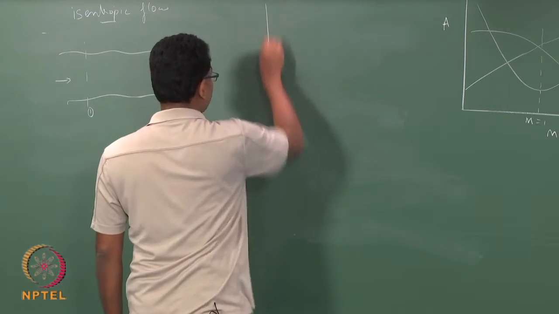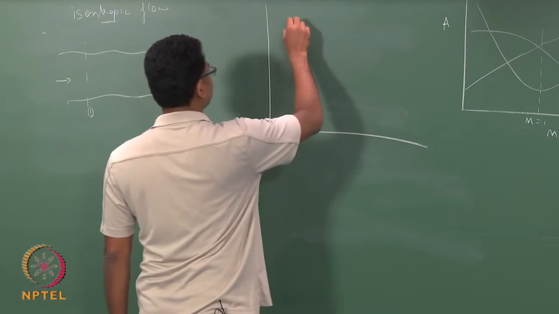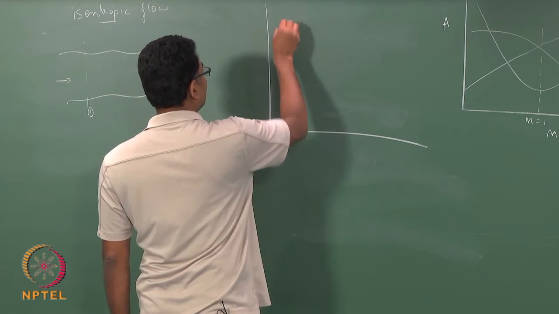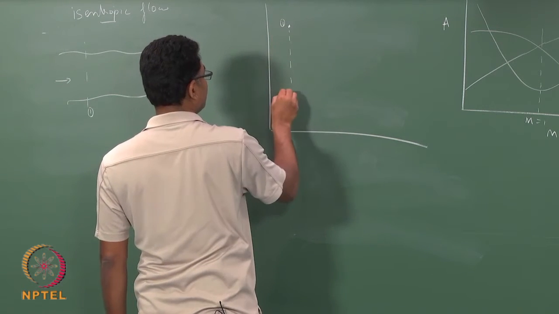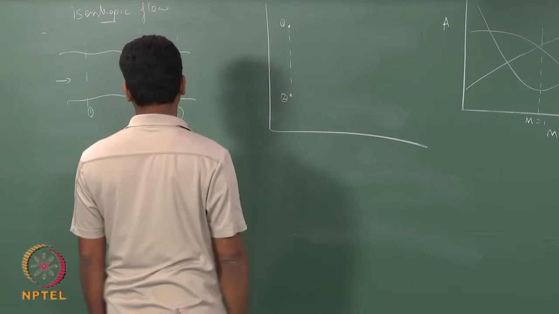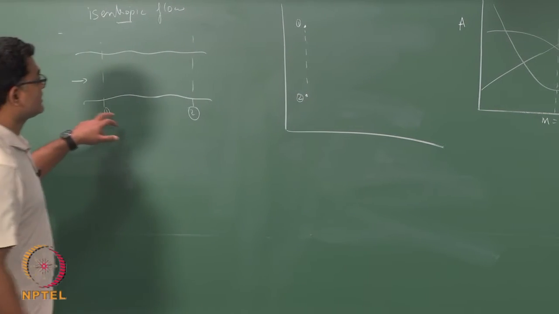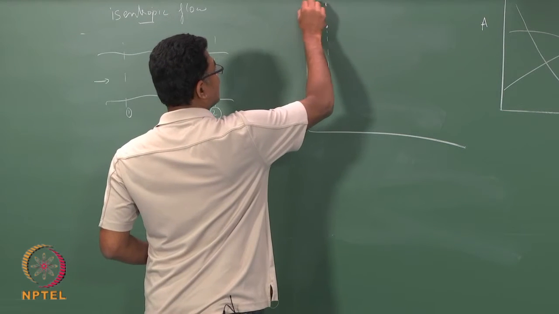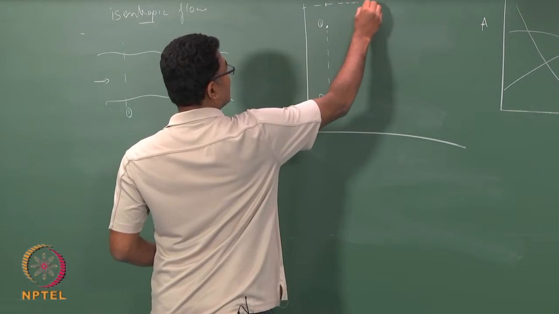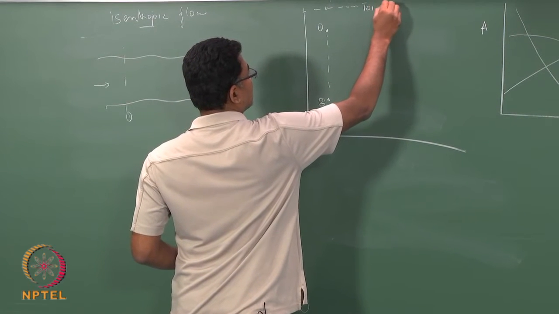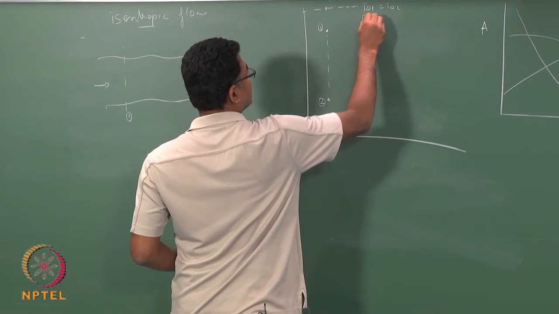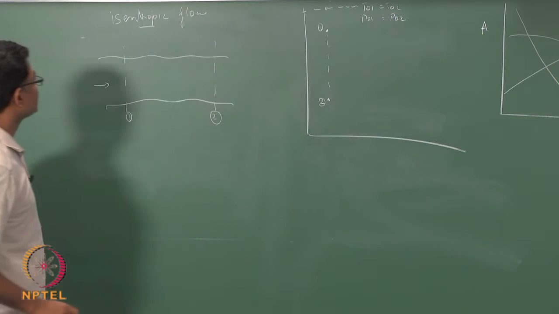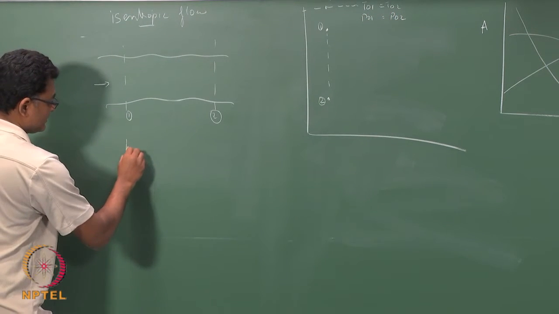Because it's an isentropic flow, we have 1, so let us say 1 has gone to 2 isentropically. Associated with 1, I have a stagnation point, with 2 also I have a stagnation point. Since it is isentropic, T01 equals T02 and P01 equals P02. Okay. So, if I use that information,